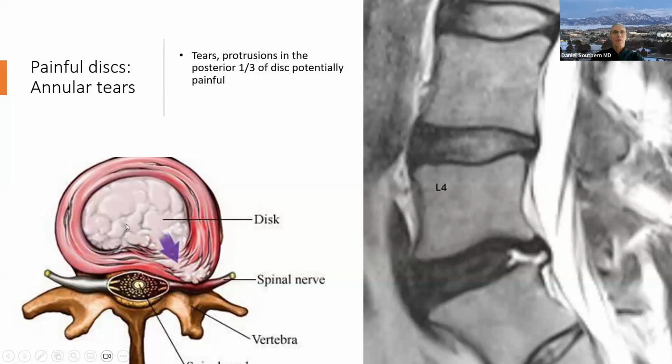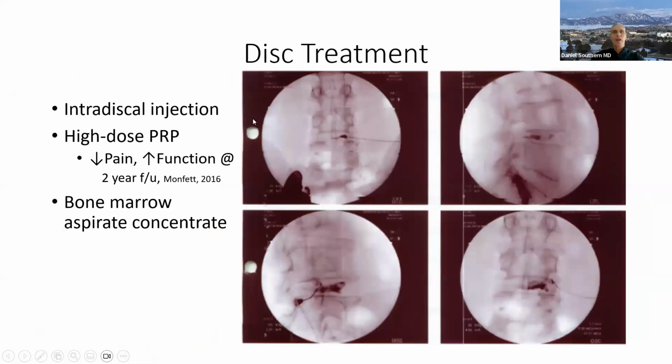This jelly donut center is mostly water. So they should have, and you see this disc is darker. So it's a more degenerated disc and it has an annular tear right here. That's presumed to be painful. Those have to be treated. How do you treat them? You inject the disc. You go in with high dose PRP, and there was a study put out in 2016,